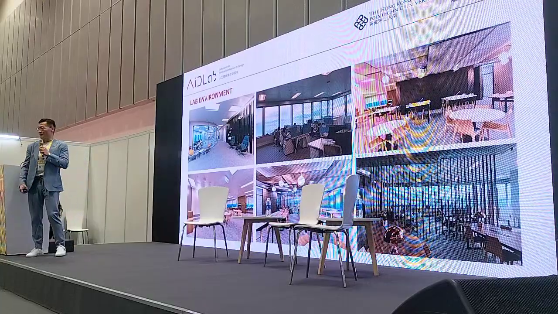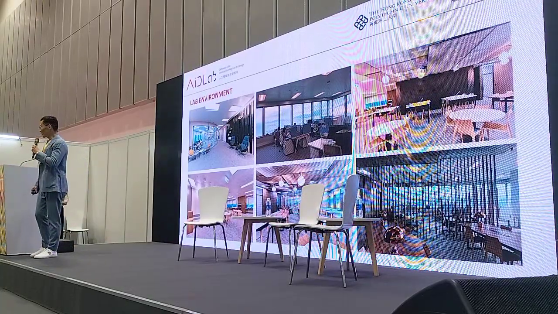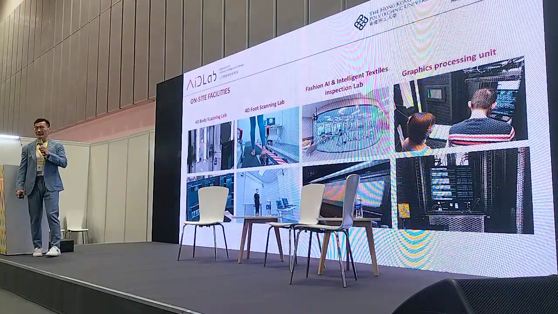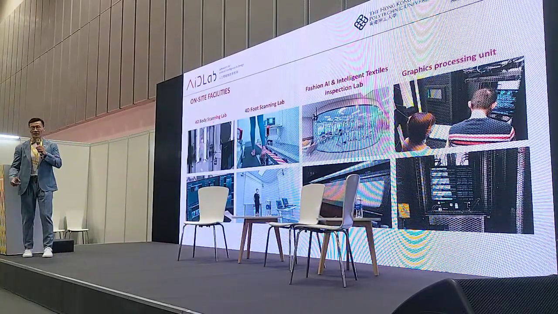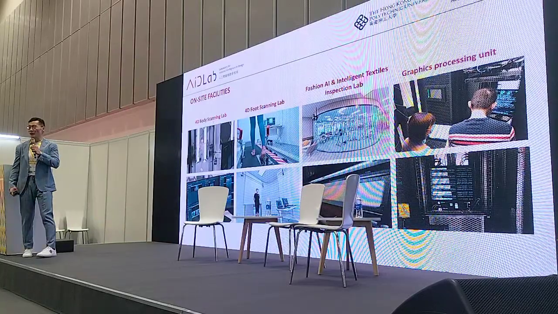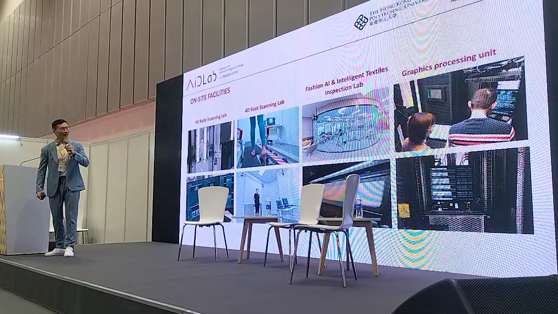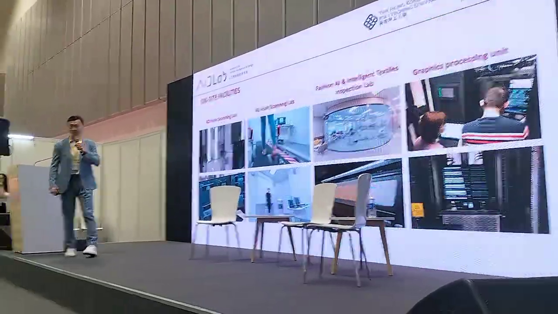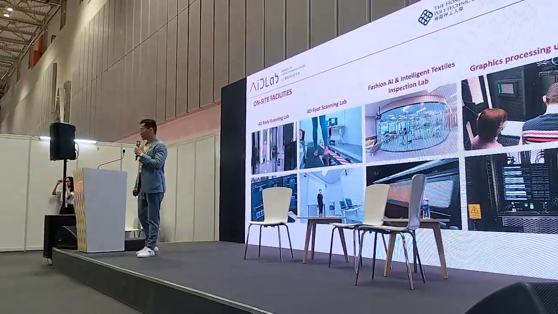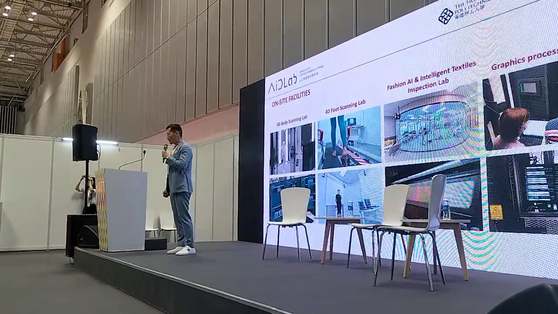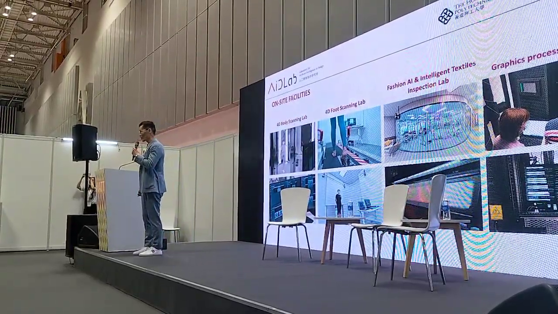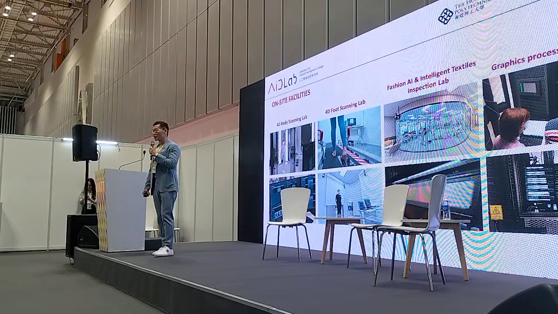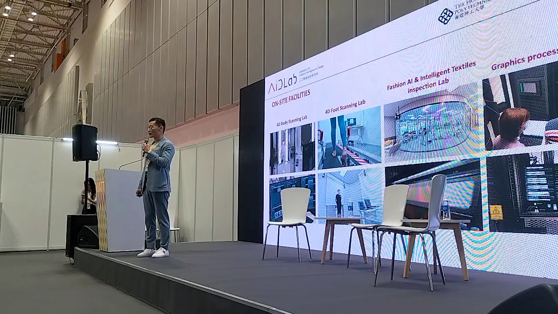Give you some environment about our lab office and also the laboratories. We are located at the Hong Kong Science Park. Under the lab, we have the 4D body scanning, 4D foot scanning, hair scanning facilities, and also the fashion AI and intelligence textile inspection lab, and also the GPU to process a huge amount of image data, because most of our projects are based on the image data, for AI model training and also the algorithm development.